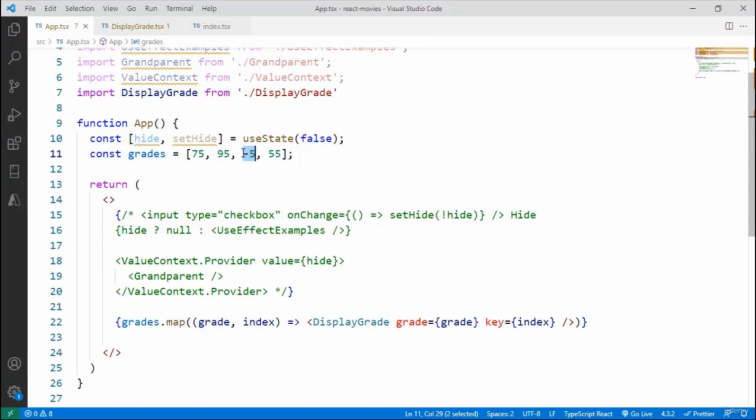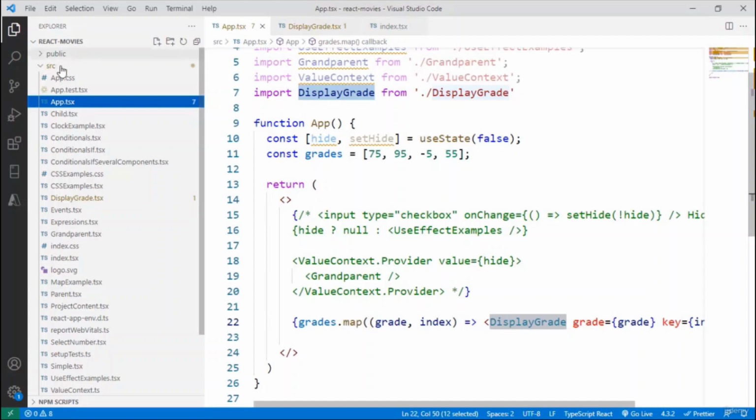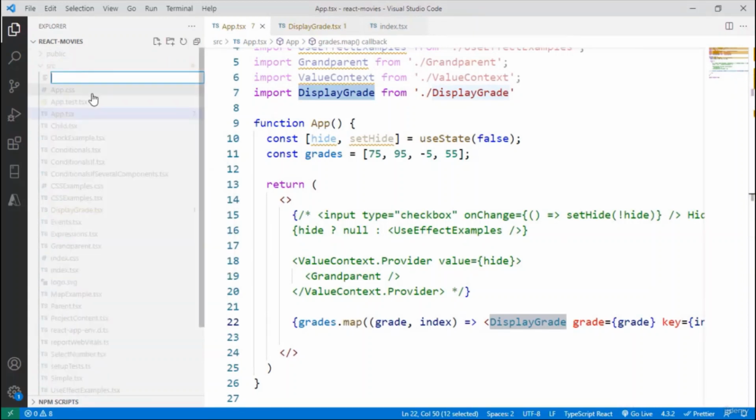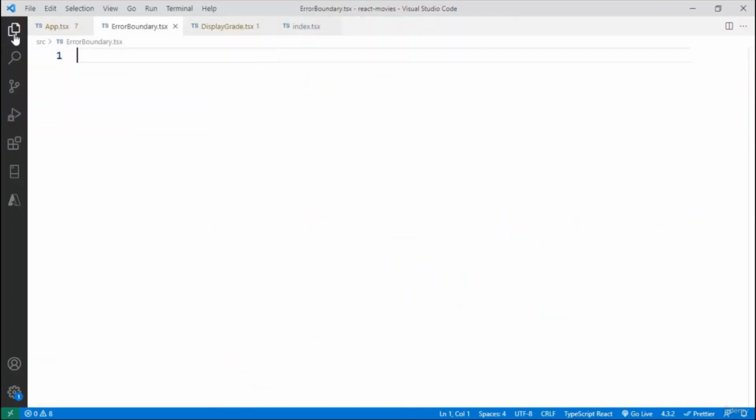The error boundary will allow me to contain the error in the instance of the DisplayGrade component that contains the error, and everything else will work the same. So let's do that. For that, we have to create a new component. Right click here, new file. We can call it ErrorBoundary.tsx. Now, this is an instance in which we are obligated to use a class component